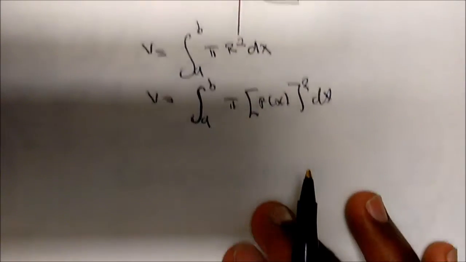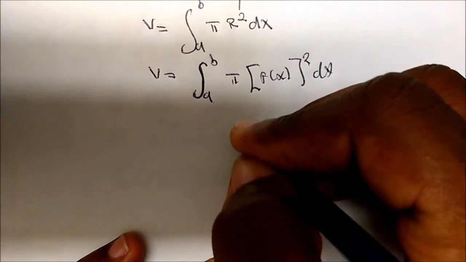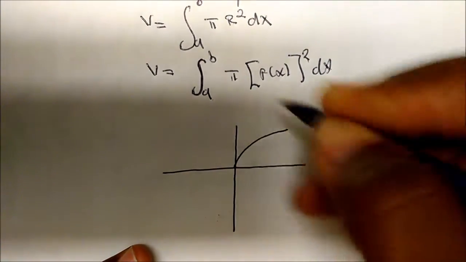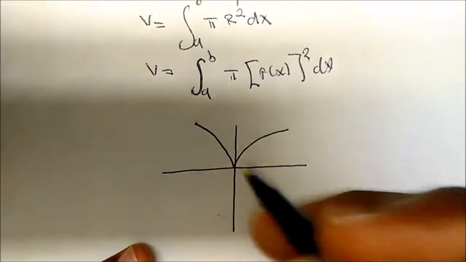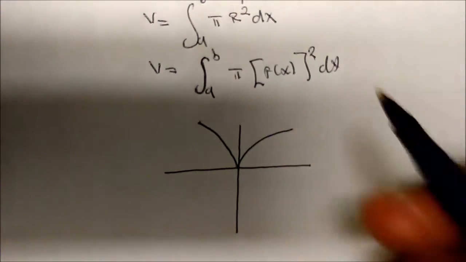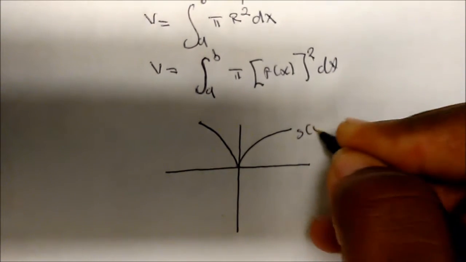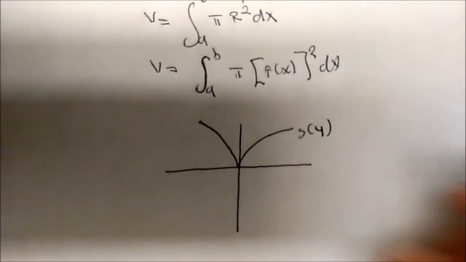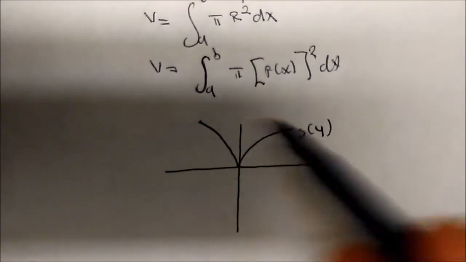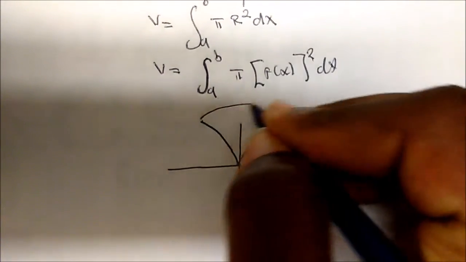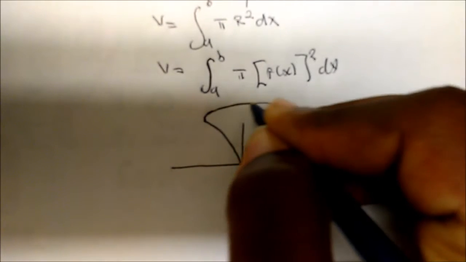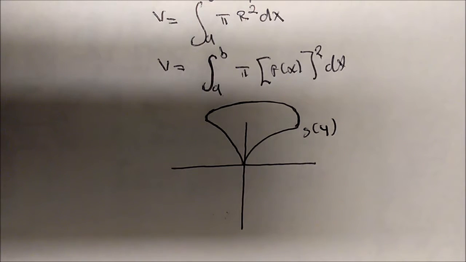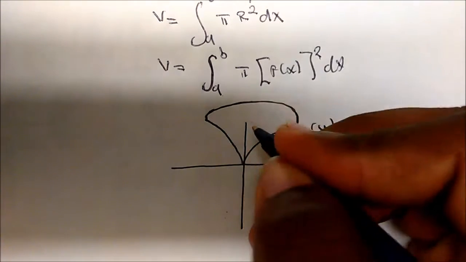So that's the whole idea. Now you could also look at these things from the y perspective. So if I could get my line here straight, maybe we have some sort of function, and these are just random functions, purely for illustration purposes. Let's call the function g of y. And maybe I want to use the disk method around the y-axis. These are just symbols that I draw in my head to show that I'm cutting this thing up into some sort of disk. I could actually rotate